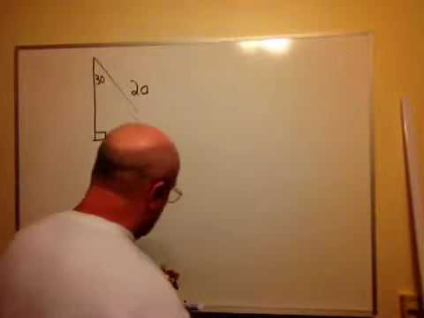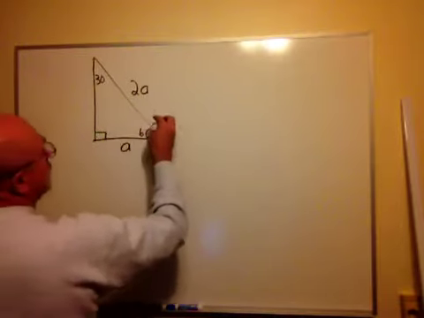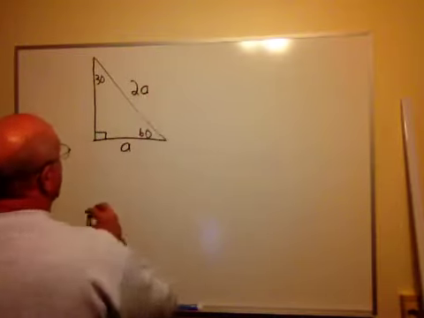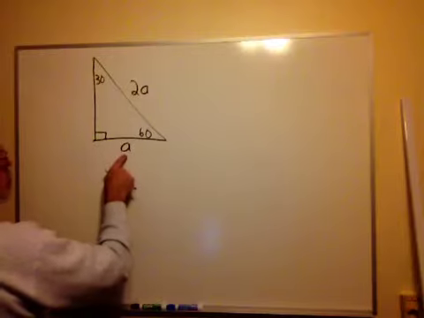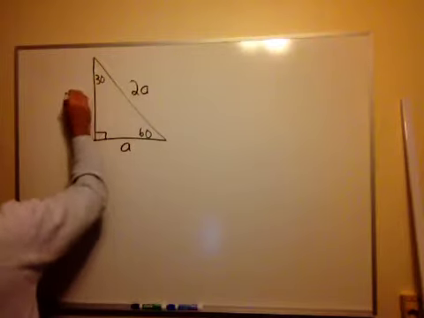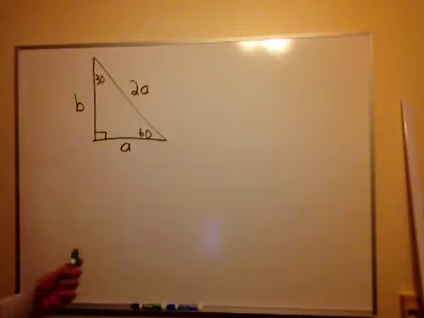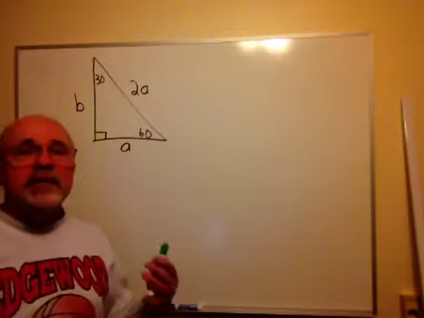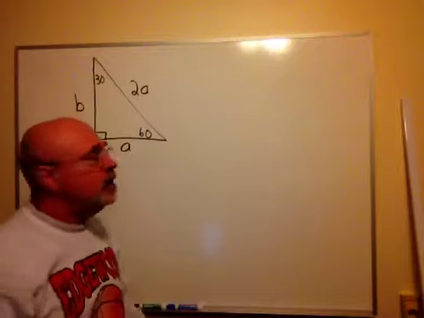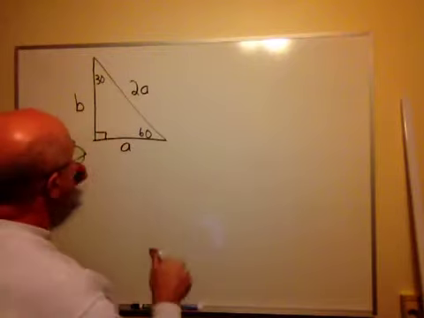Okay. Well, the 2a is the length of our hypotenuse across from the right angle. This guy is a leg. So let's label the other one b. It will be our other leg. Now the legs in this guy, unlike the 45, 45, 90, are not the same length. In a 30, 60, 90 triangle,